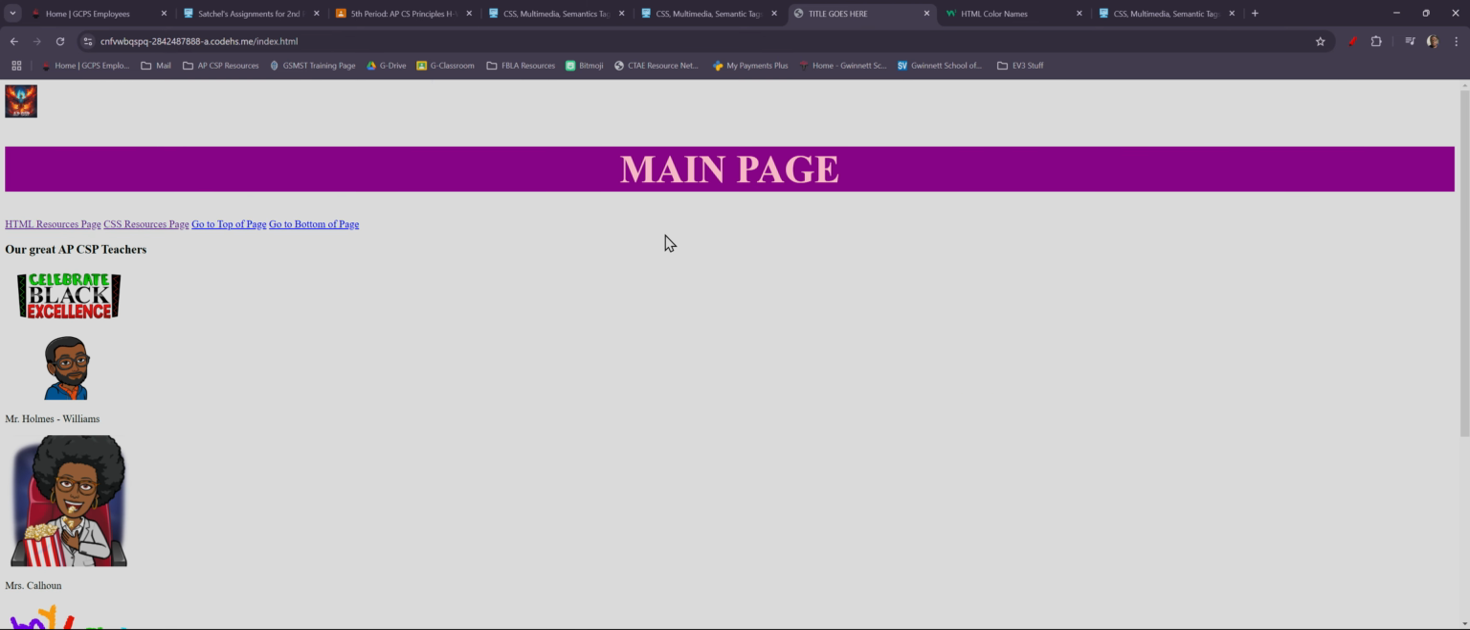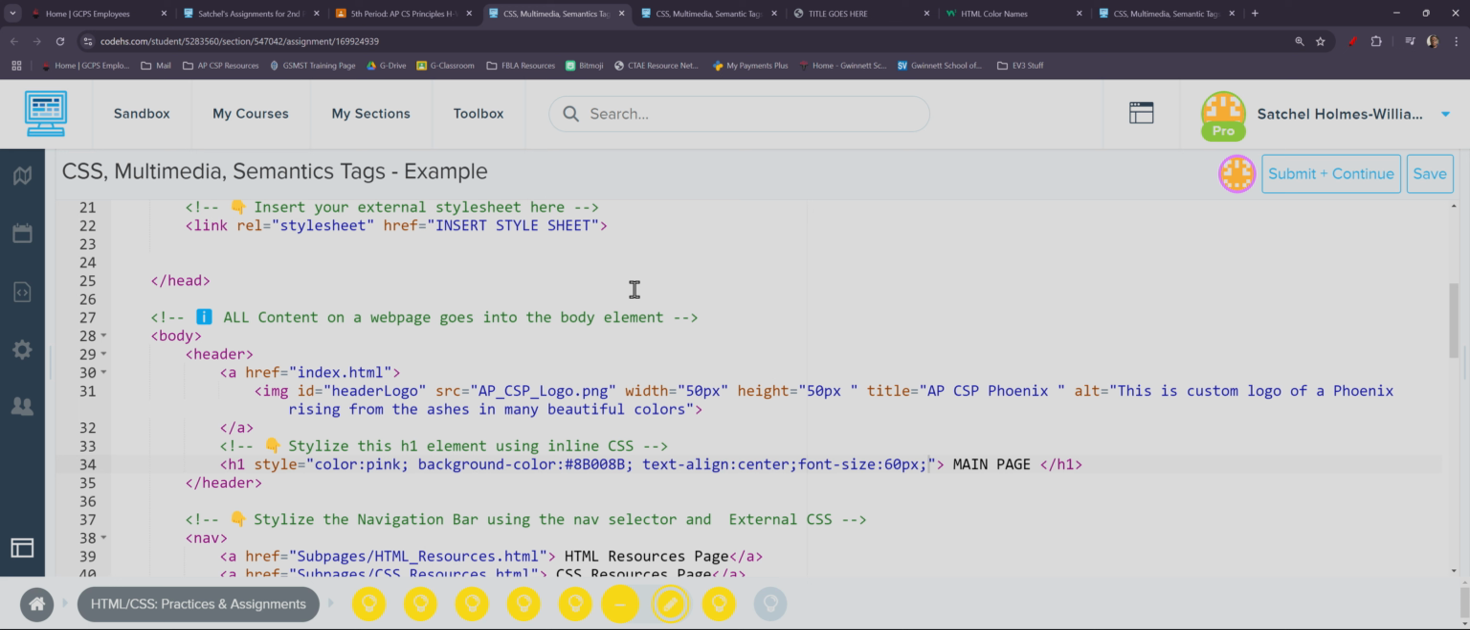And you can see that we now have a 60-point font main page text. Finally, we are now going to add in a border around our H1 element. Okay, so the way that you add borders in CSS is by using the border selector, not border selector, sorry,